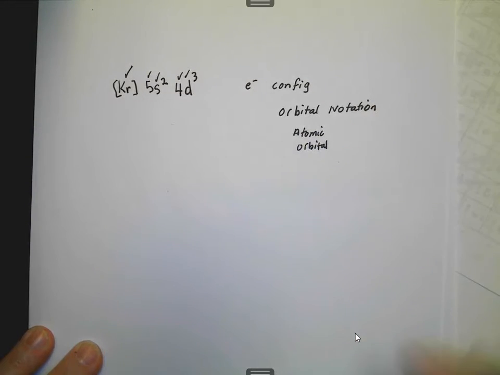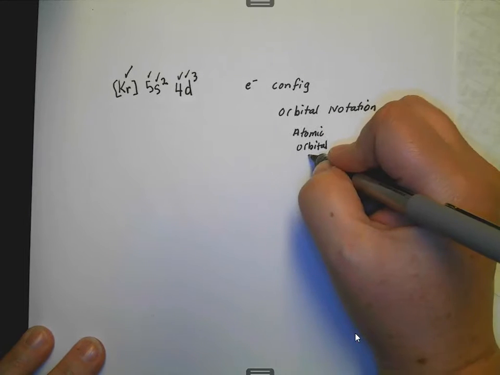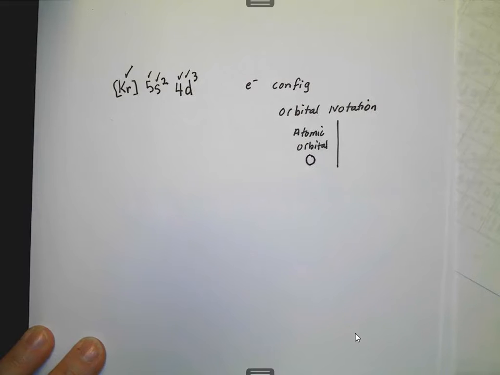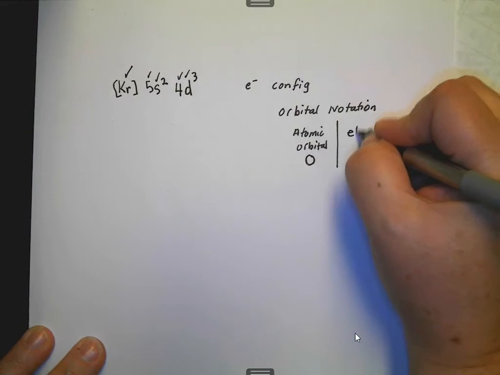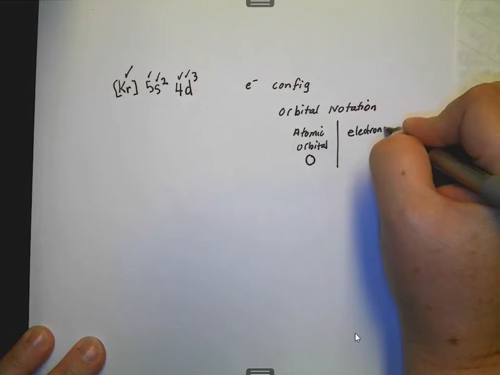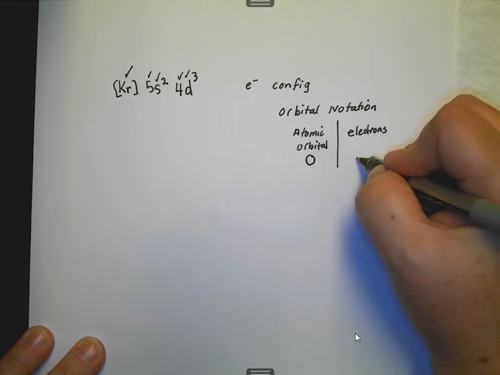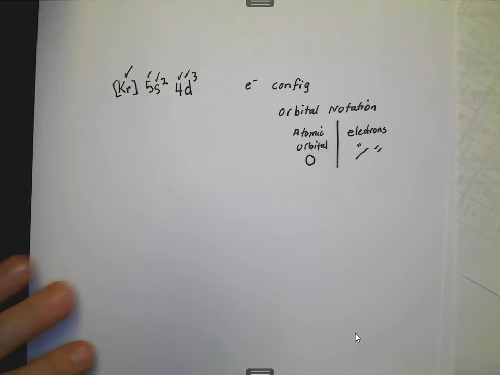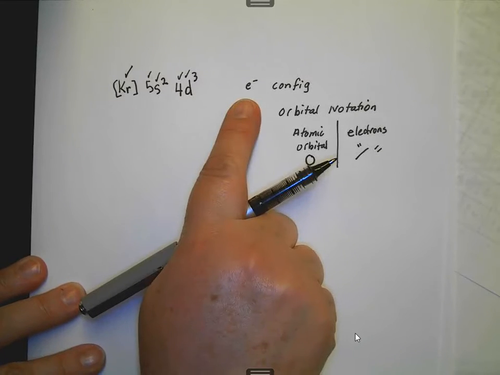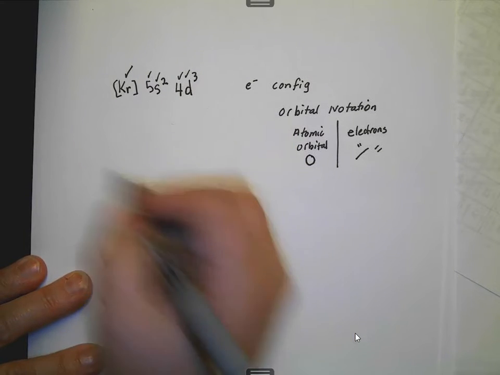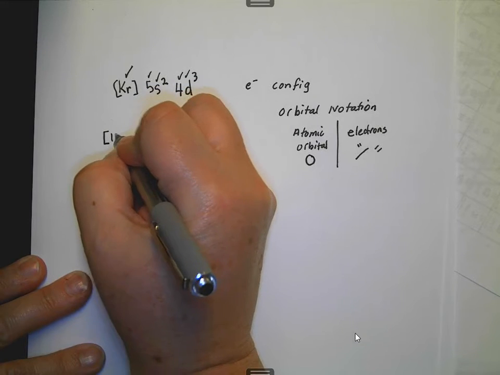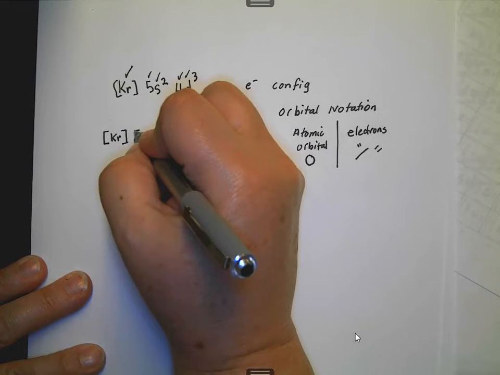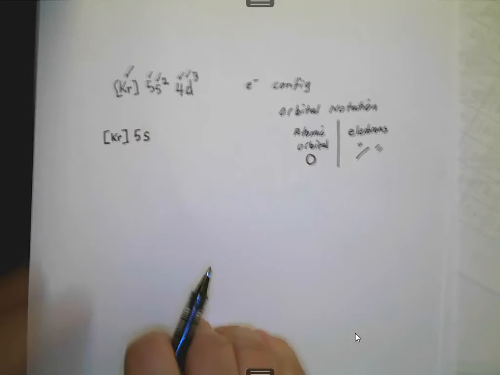And the shape of that picture doesn't really matter. For our purposes, I'm going to use a circle. Instead of using a total number of electrons, I'm going to represent my electrons with a symbol. So I'm going to use a little slash to represent my electrons. So if I want to transform my electron configuration into an orbital notation, I'm going to bring down my shortcut symbol in brackets. I'm going to bring down the 5 and the S,